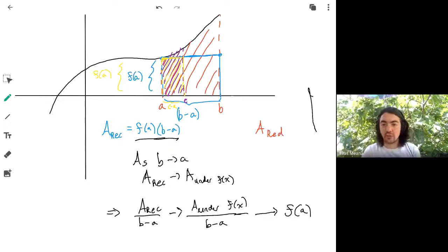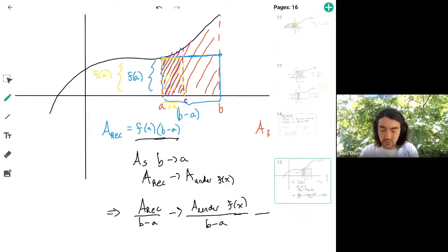So let's see, what does this have to do with antiderivatives? Because this is the interesting thing, right? How does any of this have to do with antiderivatives? Well, let's formalize it a little bit. So we're going to say,